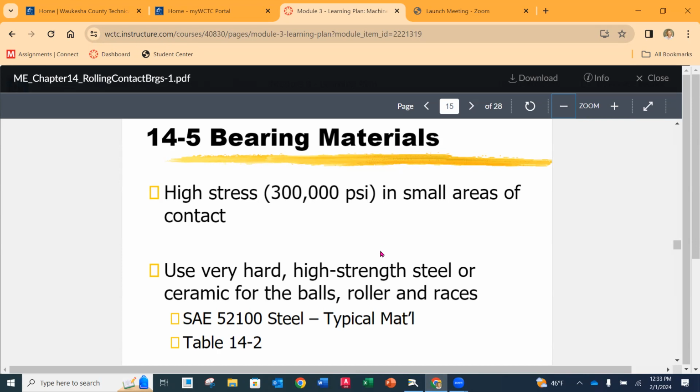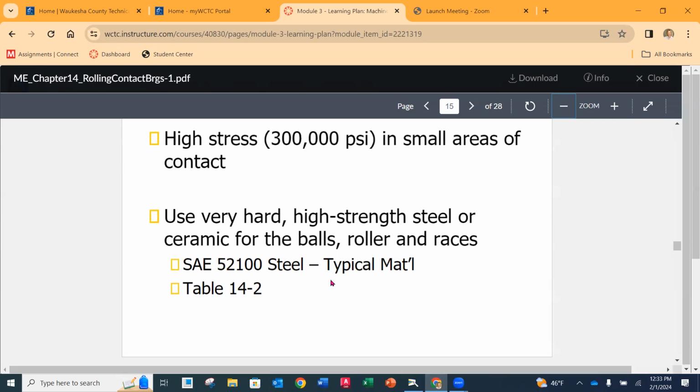So 300,000 PSI, that's no joke, okay? You're going to have very hard, high strength steels for those balls on the inside and those inner and outer races. You'll also see ceramics used for balls, rollers, and races to distribute those loads. And a typical material would be an SAE